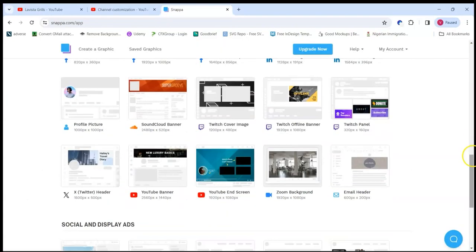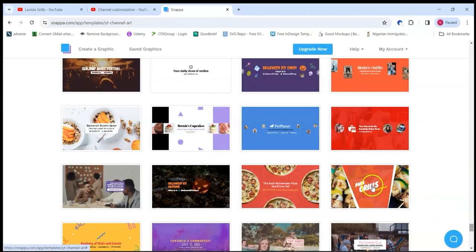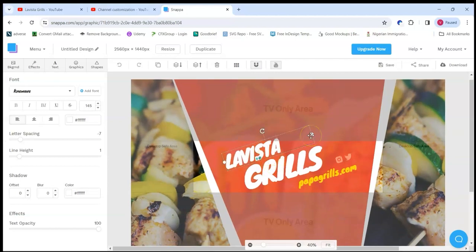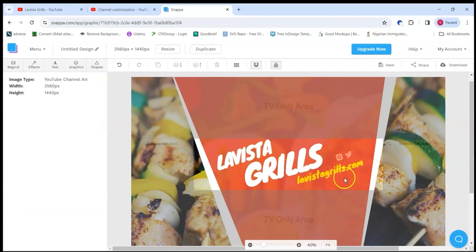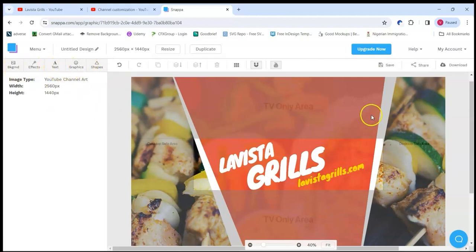Now at Snapper, I will click on YouTube banner, then scroll down to this template to replace this name with La Vista Grills. You can always hire a graphic designer to create your banner from scratch. It's worth it, really. Your banner is the first thing viewers see when they visit your channel, so it should convey professionalism and seriousness. You can change the background, add effects, change the font, do other customizations, and when you